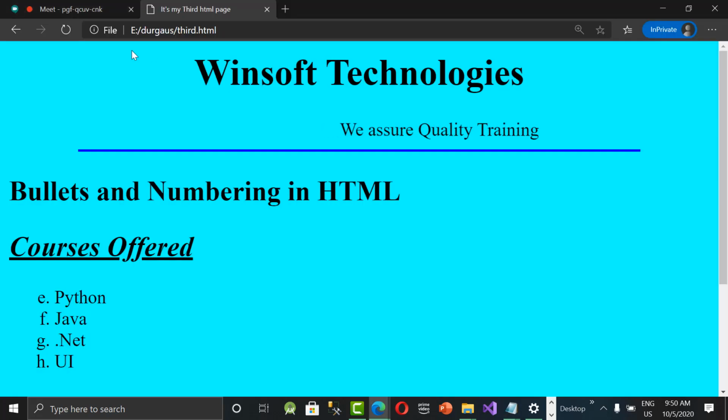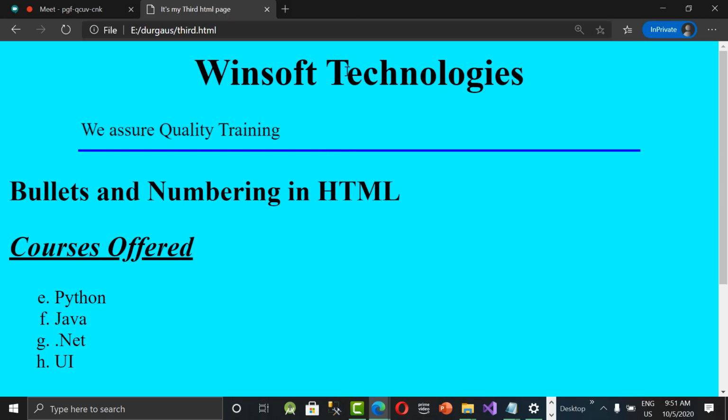It will hit the right side corner of the window and come back. Got it? So this is a small kind of animation we can keep. You can see this in almost all websites. They'll show you some offers, like join now to get 50% off, something like that. All these can be done with marquee. And we can also show some image as marquee text. First let me show you images, and then we'll come back to this marquee image.